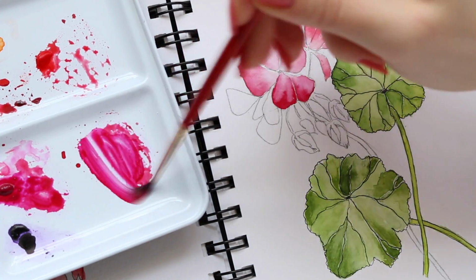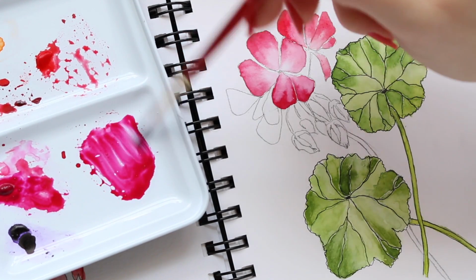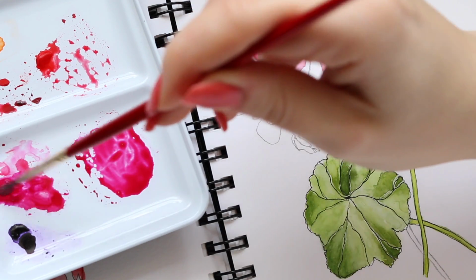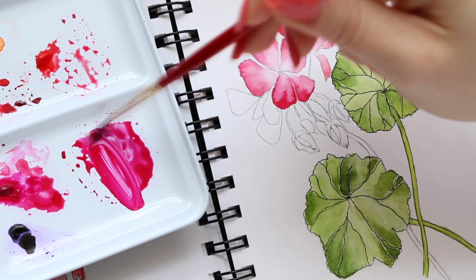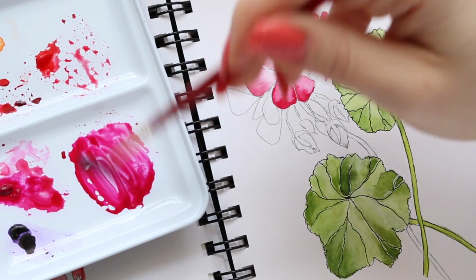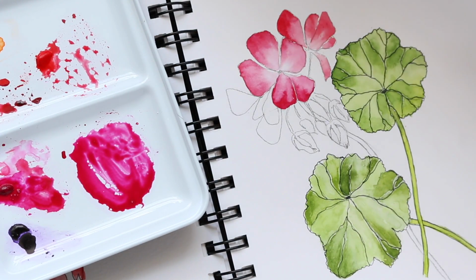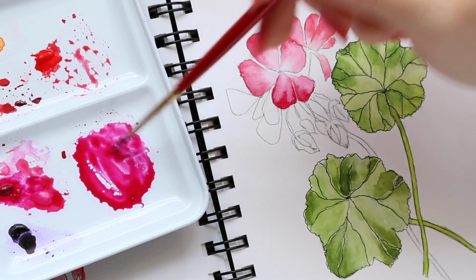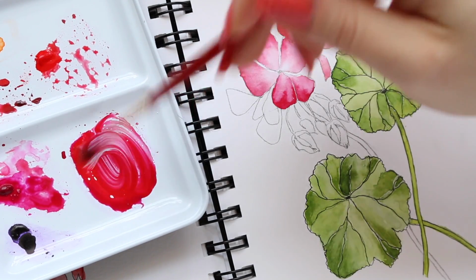So make sure you have enough water but not too much water, because now I want the color to be quite creamy for the consistency, and I want it to be quite intense. So I'm going to mix up probably similar measures of